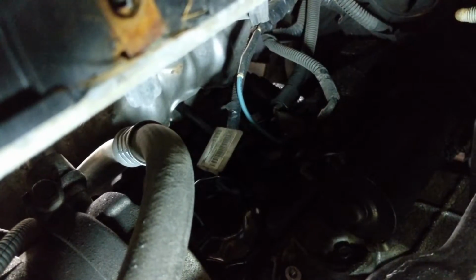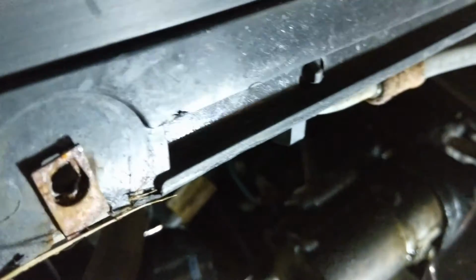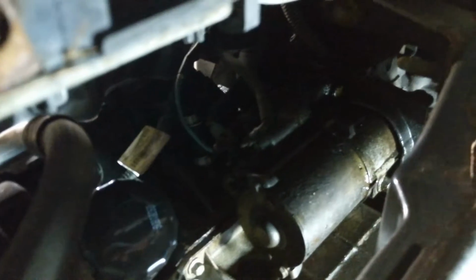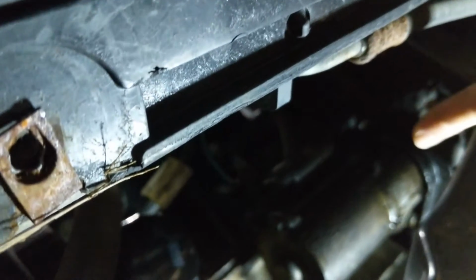Okay, so where are we at here? Trying to see if I can get some light under there. Alright, so there it is. There you are, little fella. Okay, I was trying to locate it. So basically, right up under there, if we can see right here, this right there is our starter. And if I remember correctly, it's held on by just a couple